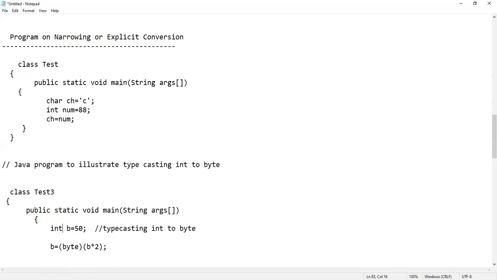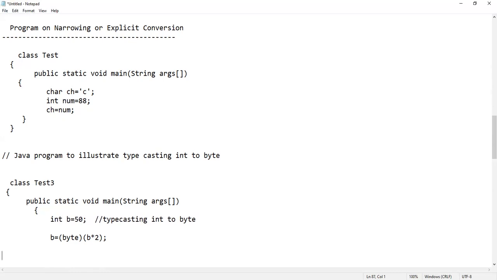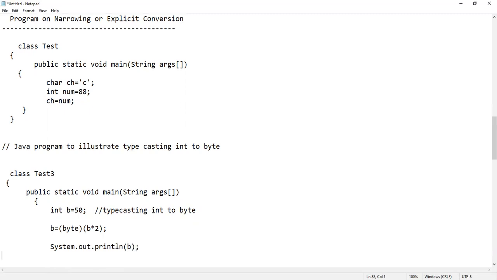Okay, so we'll see what it is going to display as an output. Here we have to type System.out.println(b). Okay, close.